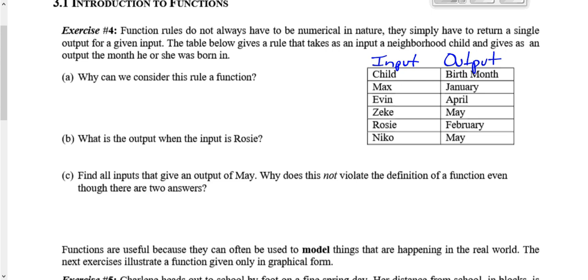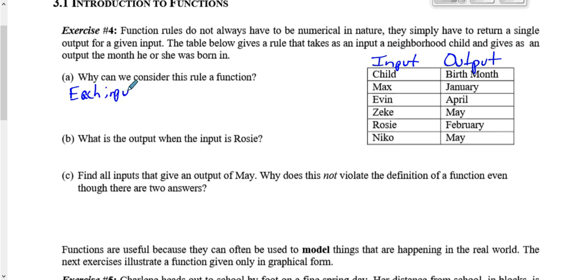And what? That's an output. But if you look at Nico, how many outputs does Nico have? One. If you look at input of Rosie, how many outputs does Rosie have? Zeke has one. Even though it's the same, right? These guys still have one output each. See what I mean? So we can call it a function because each input,